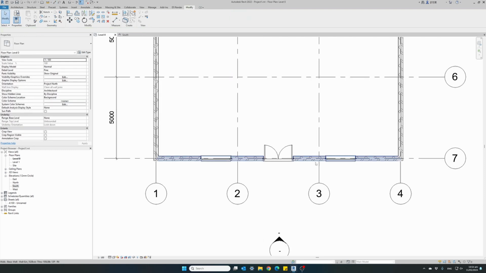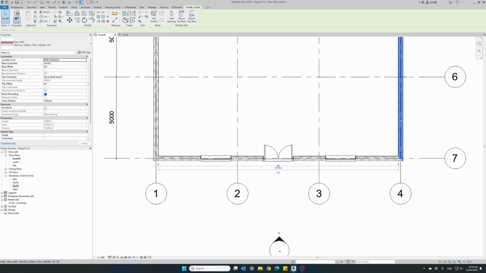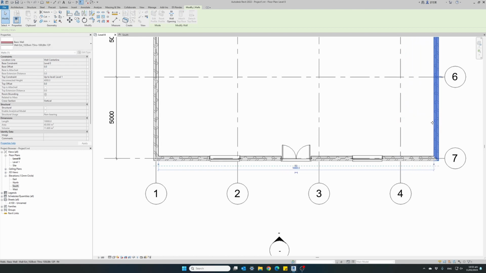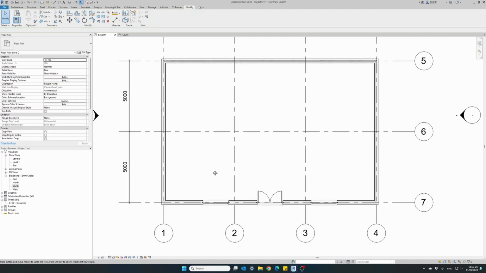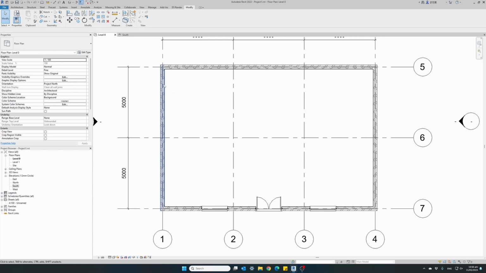Going back to our plan view, because our openings are constrained to always keep an equal spacing between them in relation to the two exterior walls, if we change the overall width of our building, change the position of the wall, you will see that the windows and the door move along with the wall to keep an equal spacing between them. Let's bring it back to where it was, and I will now add 3 interior rooms and